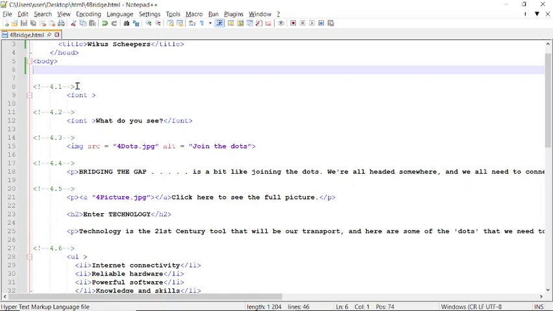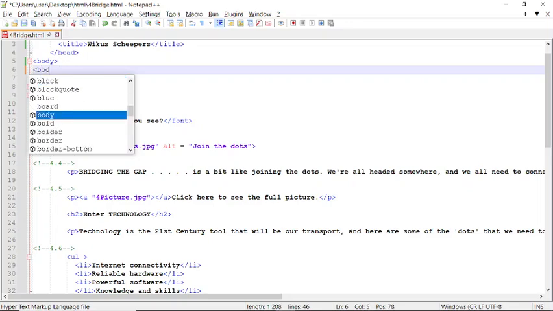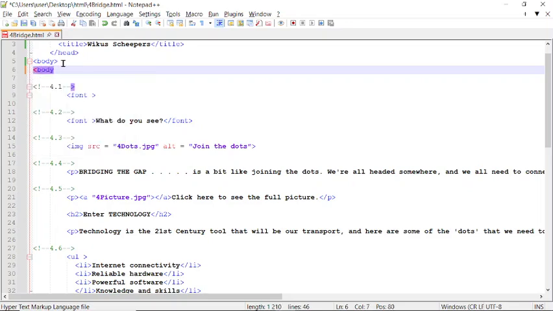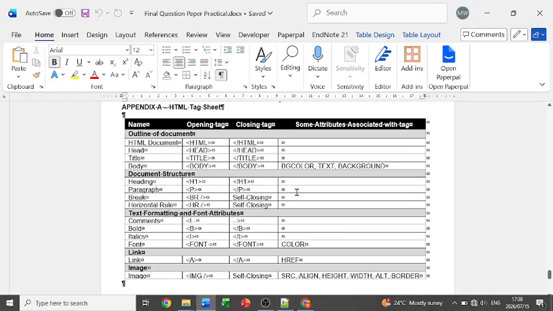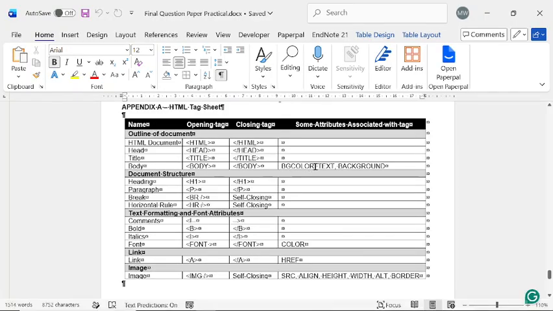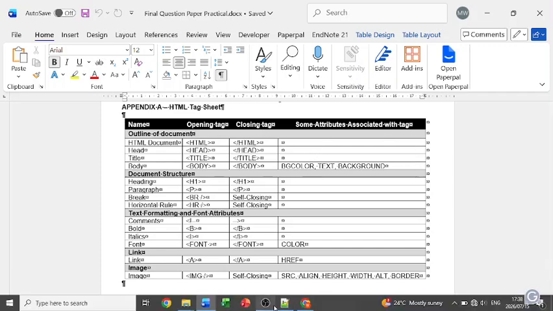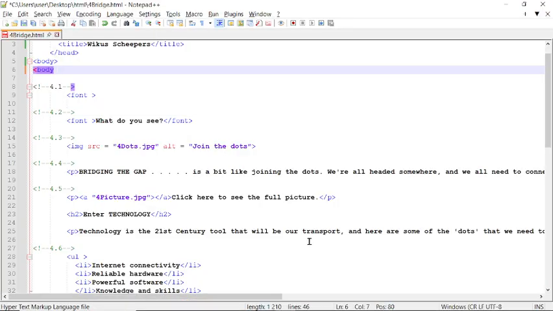So whenever we start with our tags, we always use our greater than and smaller than signs. And then which area are we in? We say we want to change our body. And then we're going to say space. And then they want to know what we want to change regarding this. Now, once again, as I mentioned, you do have your tag list and you see BG color. Just take note, HTML uses a lot of American spelling, so there isn't a U in the color option there. So I'll say BGCOLOR.